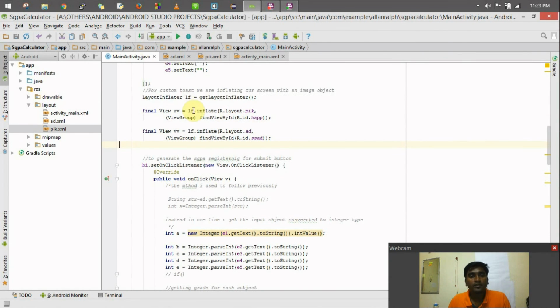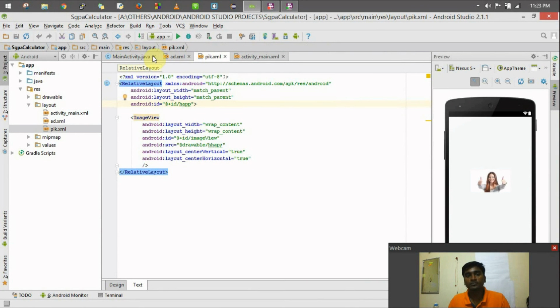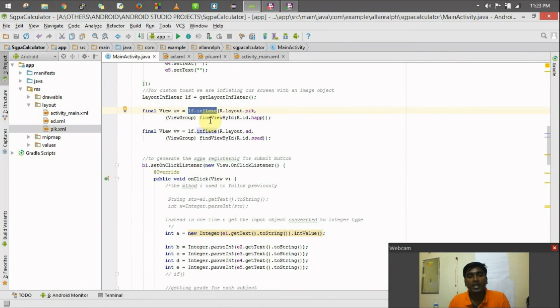So for that we are using lf.inflate, which takes in two parameters. The first one is R.layout.pic, that is the file name of the XML which you want to inflate, and the second one is the ID of that XML file, that is of type ViewGroup. So we're typecasting that because we are using this View class and this view object.